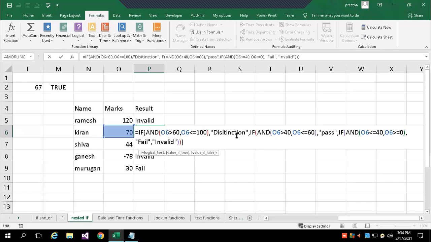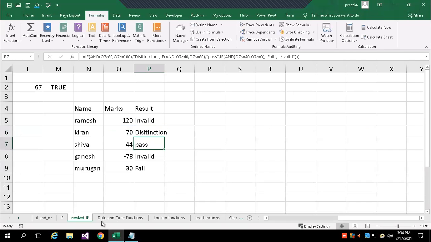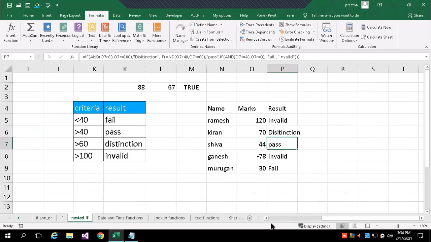If true, write that result, else it'll go to the next. So to combine more than one condition, or to evaluate multiple conditions and take the true part or false part, you can use IF with AND.